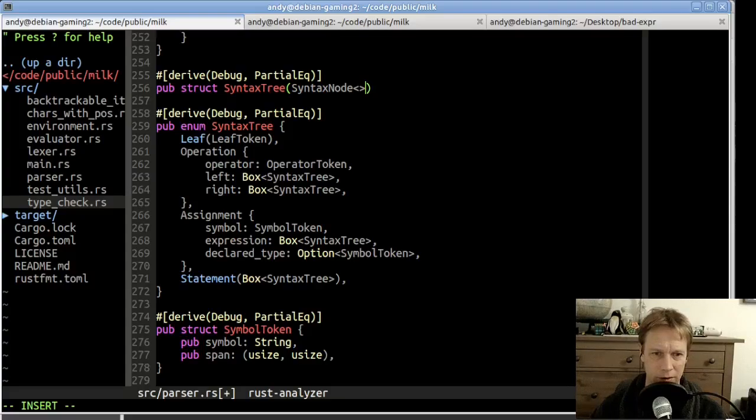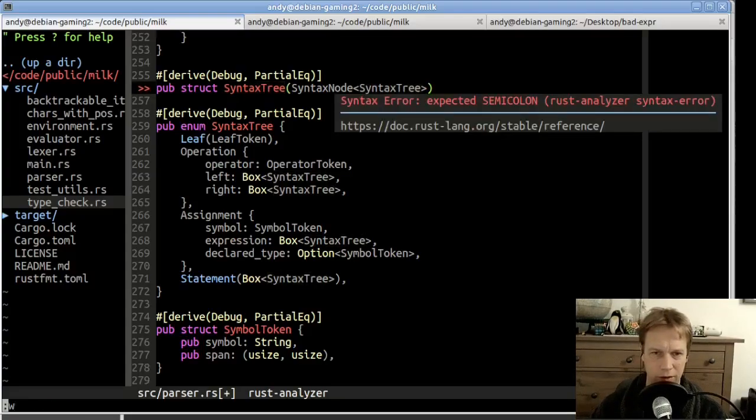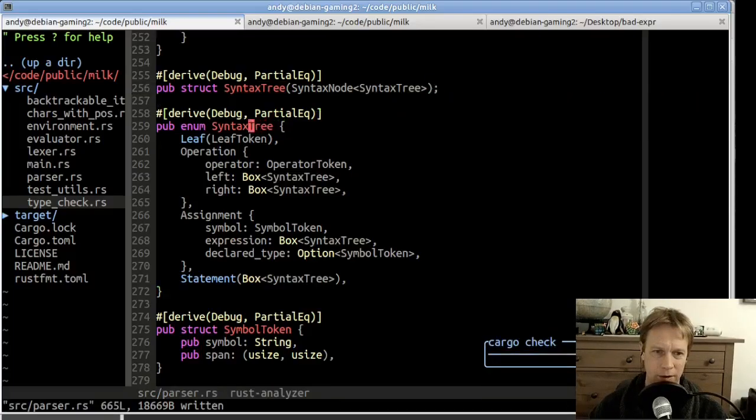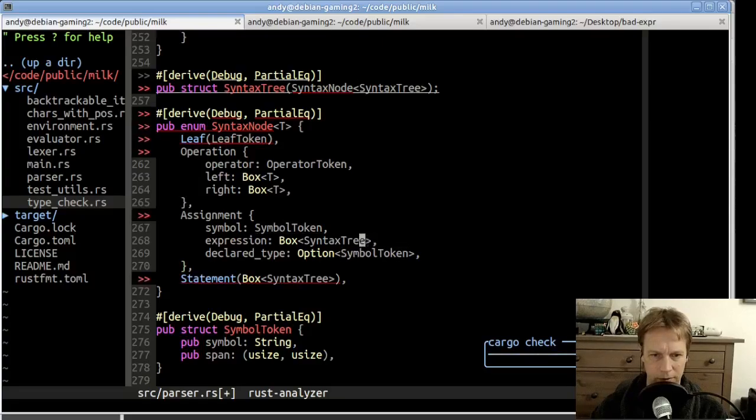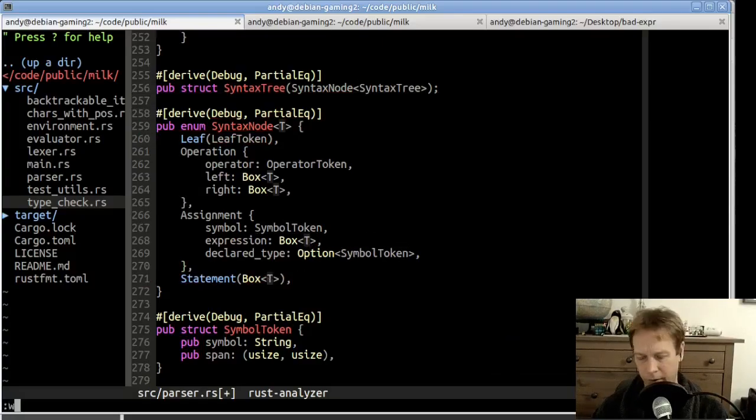which is the thing below. And a syntax node has a generic parameter of what type of thing you hold inside you. I need a semicolon there. So this thing is going to become a syntax node, and it's going to take a type, and that's the type that's going to be in here. I'll try and explain it a bit more when we get there. Yeah, so a syntax tree is just a syntax node,